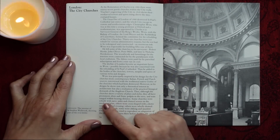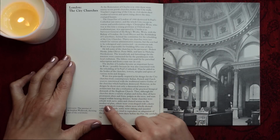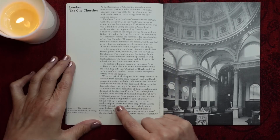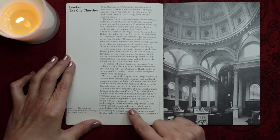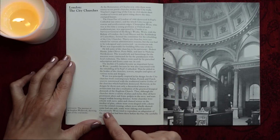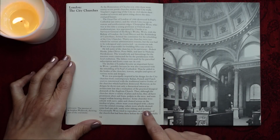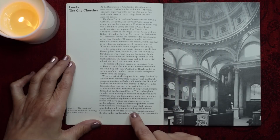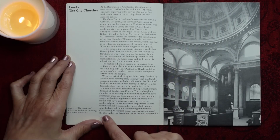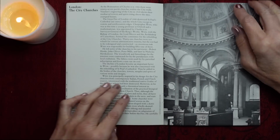Some churches were rebuilt with nave, aisles and chancel screen on the medieval plan. Others were cross-shaped with a dome over the central crossing. Others were wholly domed. Some had one aisle, some were oblong and unaisled. Occasionally, Wren tried to reproduce an adaptation of the church that had been there before the fire. He carefully